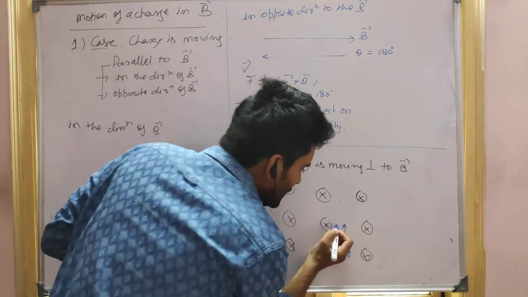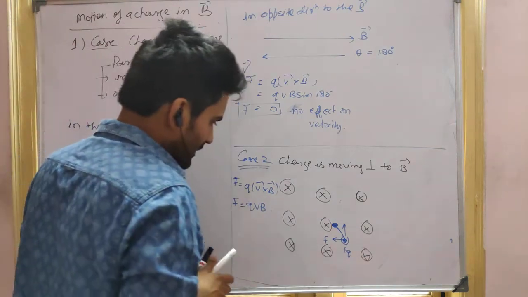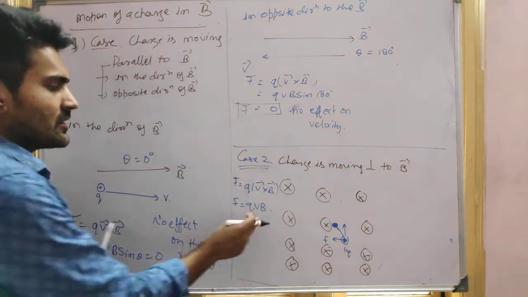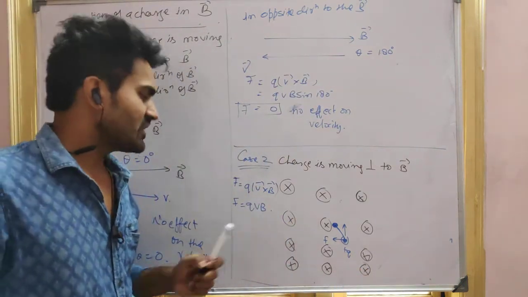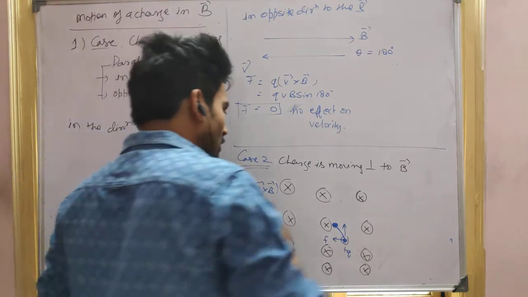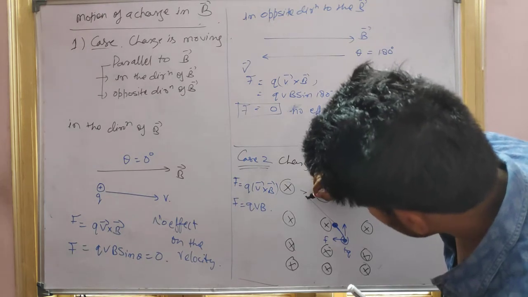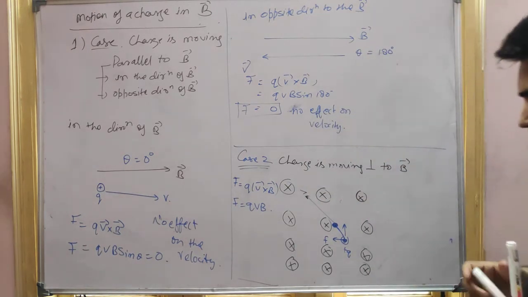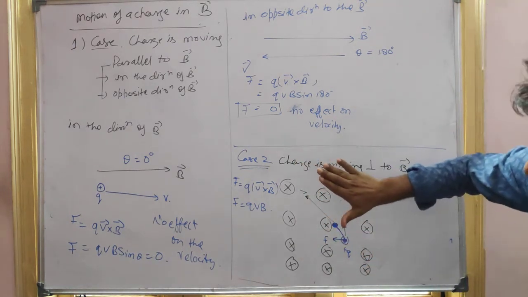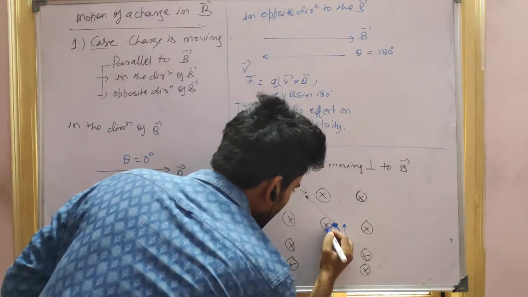So at this particular point, let's say now it came up to here. Can you tell me what will be the force, guys? Force will be the same again. Why? Because the field is the same, velocity is the same, charge is the same. Again the force will be the same, but the direction will be different here. Because now the velocity is going like this. So can you tell me what will be the direction? This is the direction of the velocity, right? Velocity and magnetic field like this. So the force direction will be here.